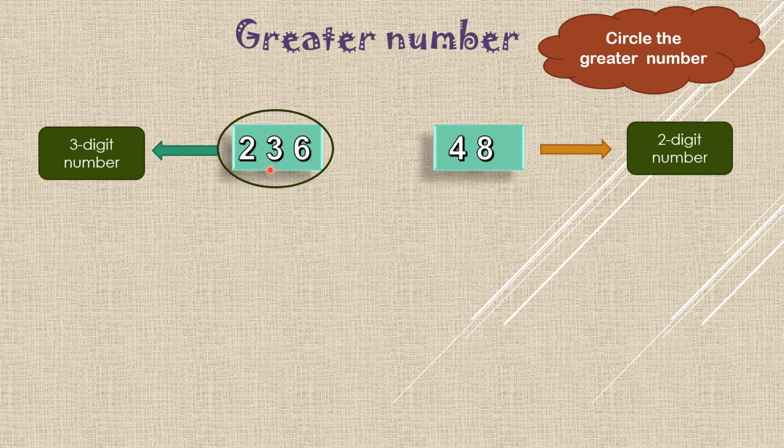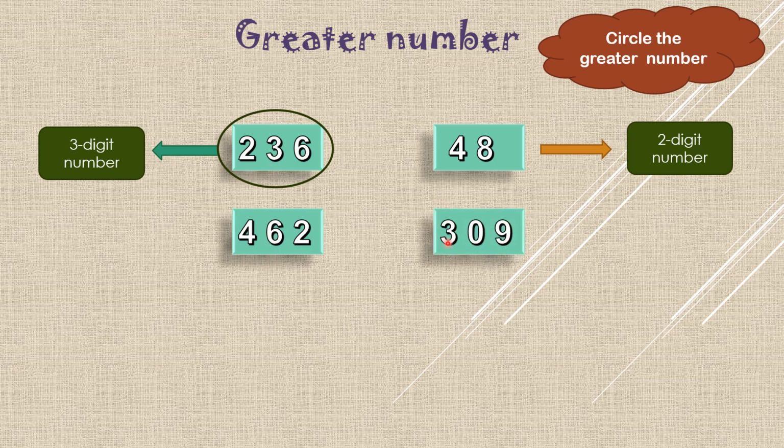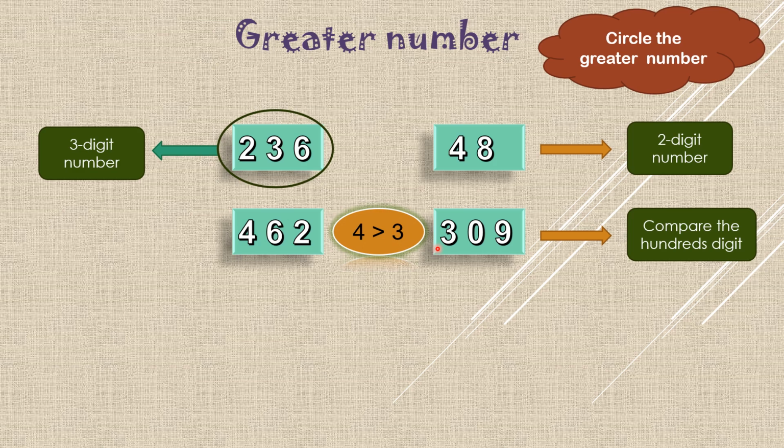Coming to the next set of numbers, 462 and 309. Both are 3-digit numbers. So how do we compare and find out the bigger number? We need to compare the hundreds first. Highest place, compare the hundreds digit, 4 and 3. Among 4 and 3, which is the bigger one? 4 is greater than 3. So as 4 is bigger in the hundreds digit, we need to circle that because it is a bigger